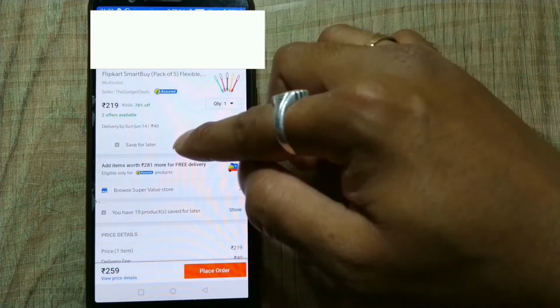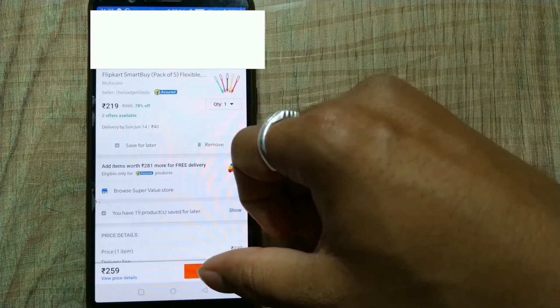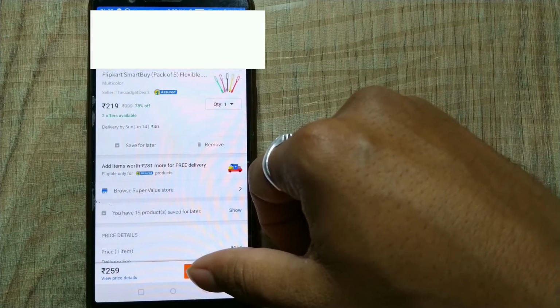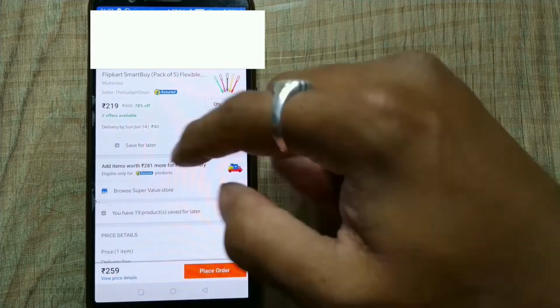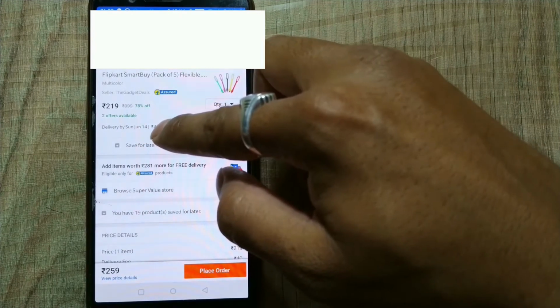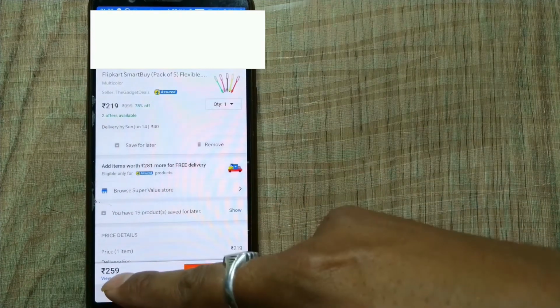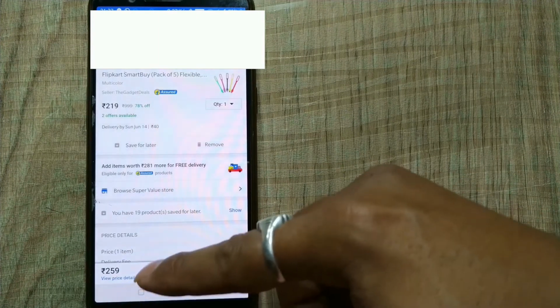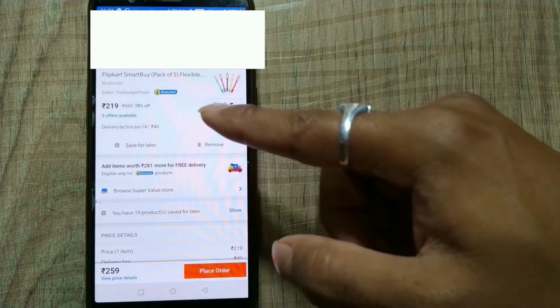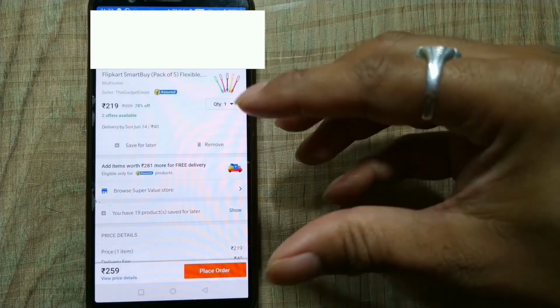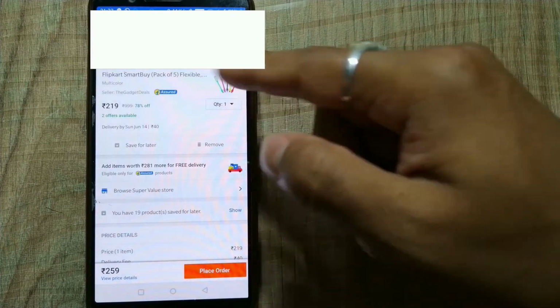So I'll do one thing. I want to buy this product, so I'll place order. So once I place order, you can see the pricing is also charging delivery 40 rupees here. So if we add that, then it is coming to around 259. You can check the pricing also in this cart. If you happen to doubt the price, or you are confused with the price, you can again visit the listing page by clicking it here. You can see here itself it has been shown that 219 and 40 rupees for delivery. Okay, I'll go back, or I'll rather go to cart.